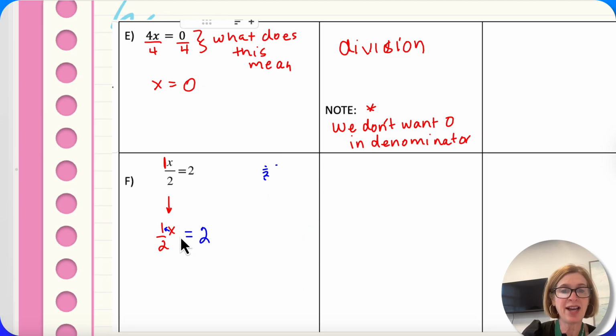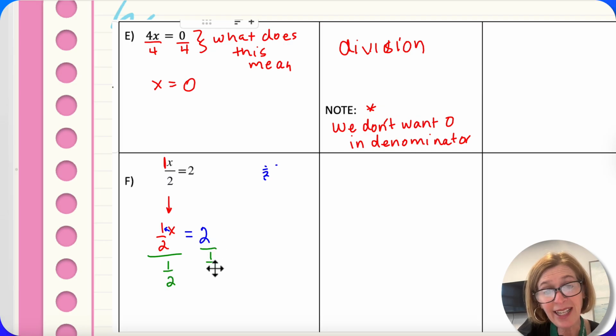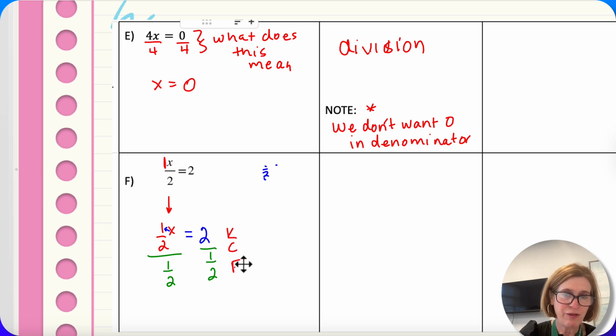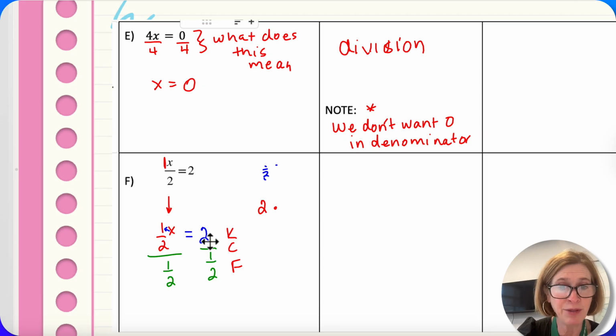So I have 1/2 x equals 2. Again, 1/2 is being multiplied to x, so you would normally divide. But a trick here is if you divide by 1/2, that gets really tricky looking. And you have to remember that you'd have to keep, change, flip, and you might not. And so you may, and that's totally fine to do. You just have to remember you'd have to do 2 times, keep 2, change from division to multiplication, and flip